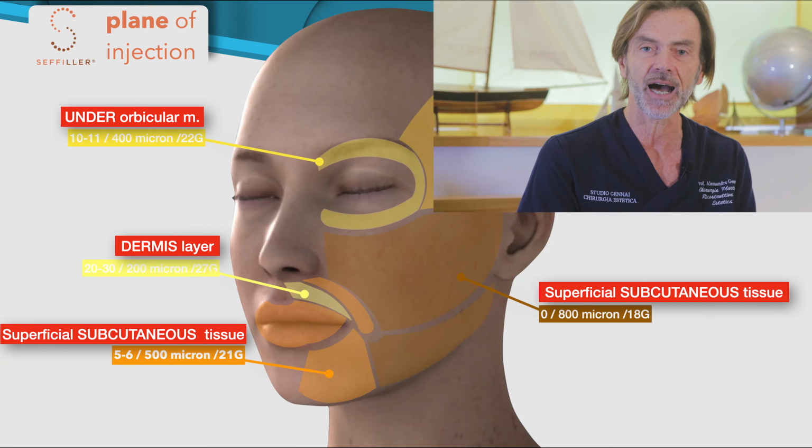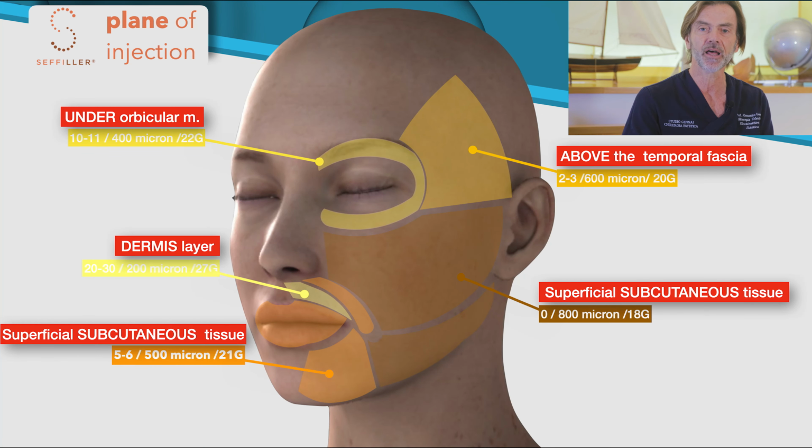The fluidity is very important, and the fluidity comes from the dimension of the cluster of the tissue that you are using. In the Cepheid procedure, the dimension of cluster that you obtain from the harvested tissue is around 800 micron. Of course, in the face you have different areas with a different thickness of the skin and a different thickness of the subcutaneous tissue.